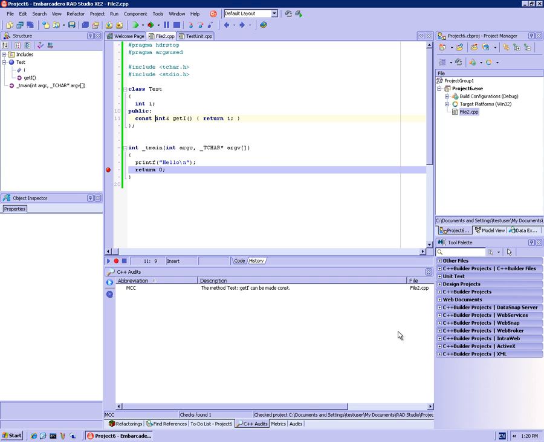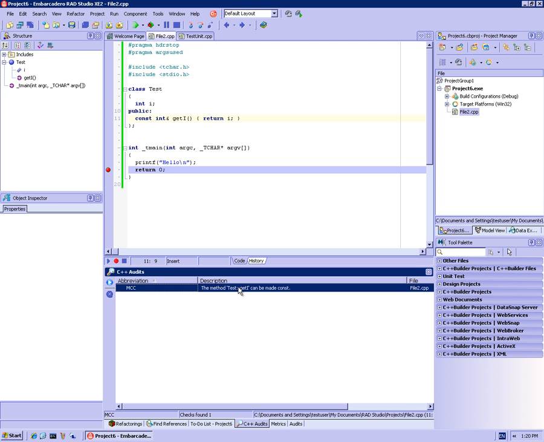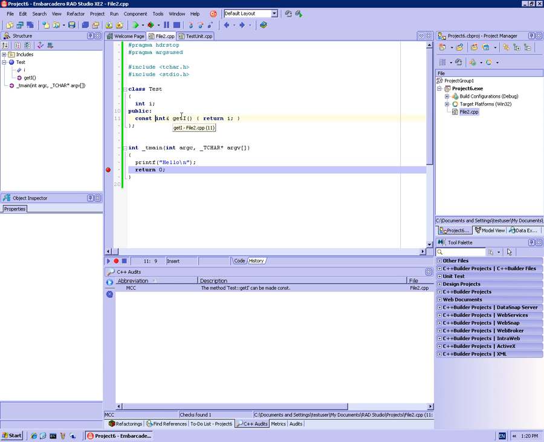Run the audit again. Now we're back to, yes, getI could be marked const because it's returning a const reference to an int, and therefore it can return I. So very simple things. Basically what the audit is saying is you should really put that const keyword here, and